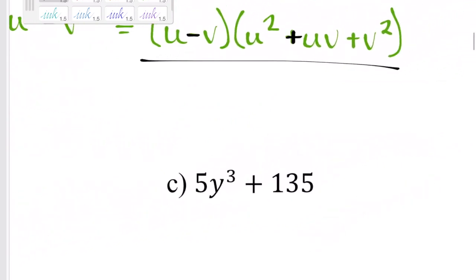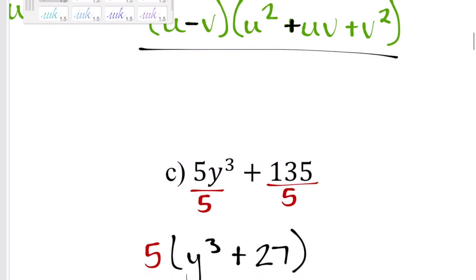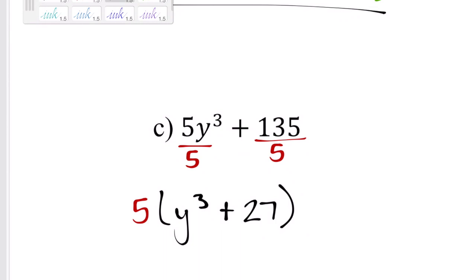And the last one I'm going to go over here, I see a cubed, so I know I'm going to have to do the cubed root, but I look at 135, and I don't know the cubed root of that. That's not something that's pretty. But I do notice that each of these could be divisible by 5, so I'm going to take the 5 out. Doing a GCF, I'm going to put the 5 out in the front. Whenever I do that division, I end up with 27, which makes me happy because I do know the cube root of 27. So then, because I know the cube roots of these things, and I have a plus sign,